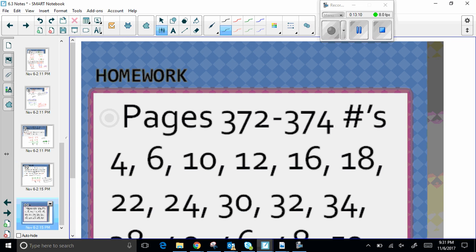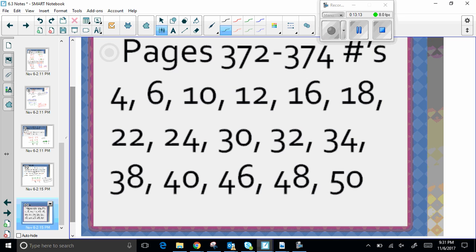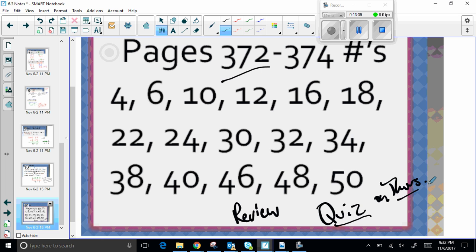And then, so the last slide, it's got your homework on there. You're going to go to page 372, and you're going to do all of these problems. Work it out, follow the instructions. When I come back to school on Wednesday, when I'm there on Wednesday to go through all these problems with you, please be ready to ask me any questions. We will have a quiz soon. So we'll review, and we should quiz on Thursday,